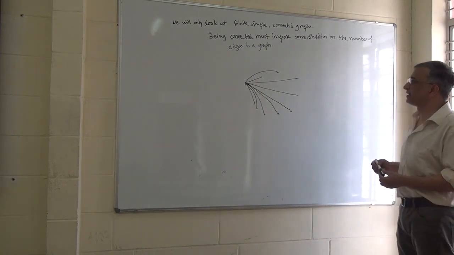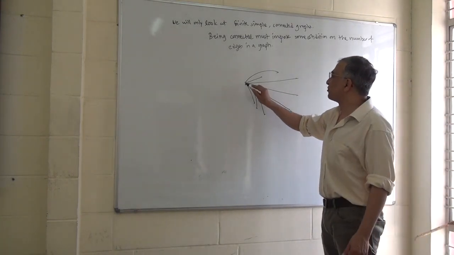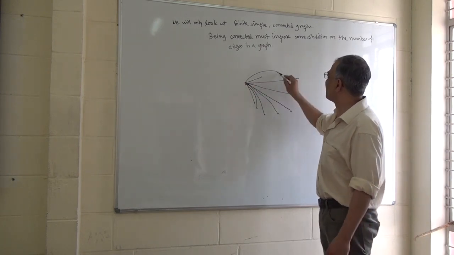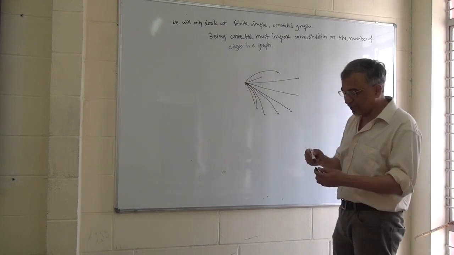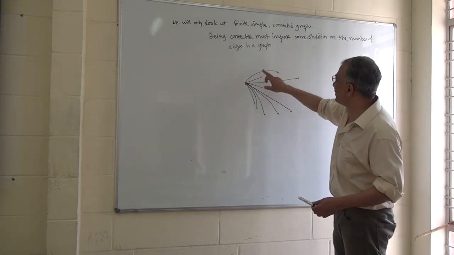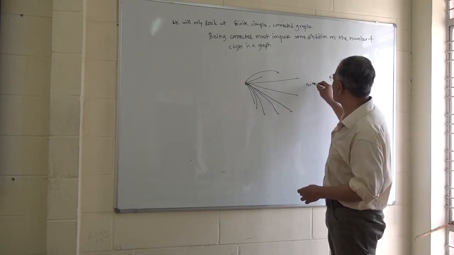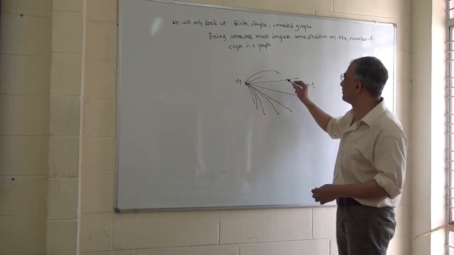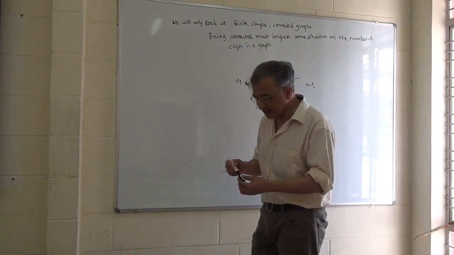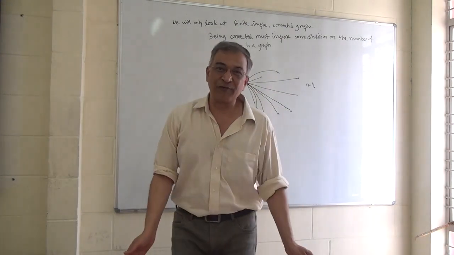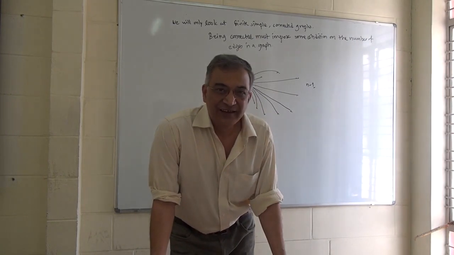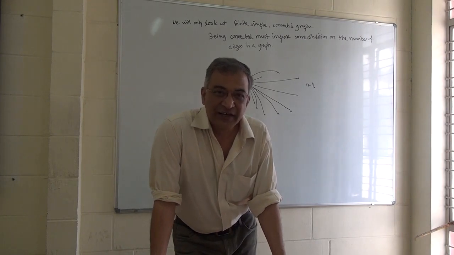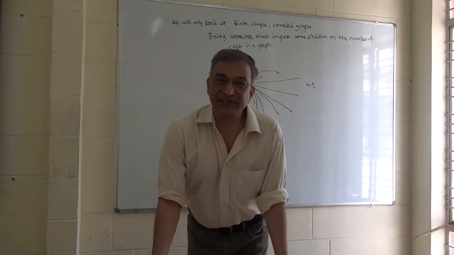So how many points are there? Fix one point, because I should be able to go from here to here. The shortest way I can go is by jumping by just one edge. If I have to go through some other place, then at least one more edge will be added. And how many edges are there? If there are n minus 1 other points, V1, V2, up to n minus 1, then each will give me an edge, so n minus 1 edges. So in this simple example and simple way of looking at things, one guesses that if you have a connected simple graph on n vertices, it must have at least n minus 1 edges.